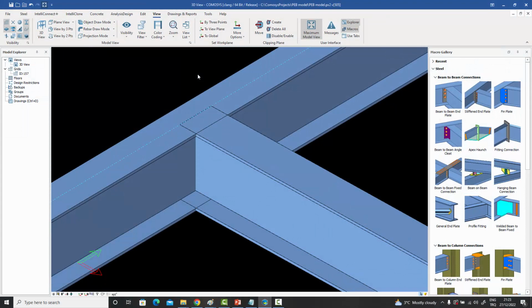Now let's talk about some macro related features which we've added to Comosys in this version. So the first thing I want to talk about is that we had a lot of requests from our clients that they wanted an extra option in the angle cleat macros. So if you remember, the angle cleat macros would connect a beam to a beam with an angle cleat, or